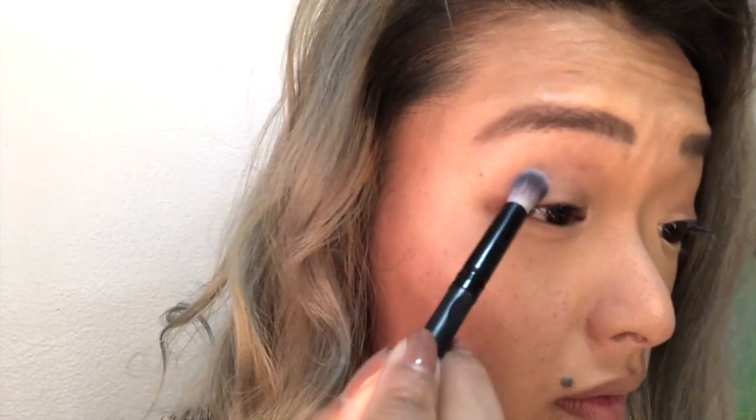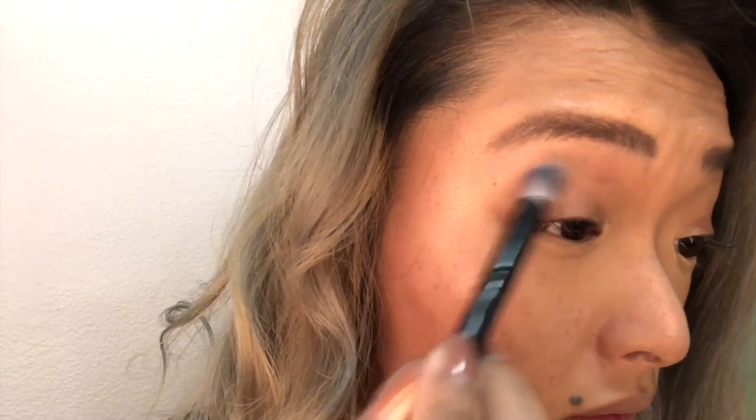So the first color that you're going to use is this gorgeous sparkly brown color from the Urban Decay Distortion palette. This color is called Territorial. I really love using this as a base color just because it's so flexible with all the other colors on the palette. And you're going to want to just put it all over your eye, and it creates dimension and depth